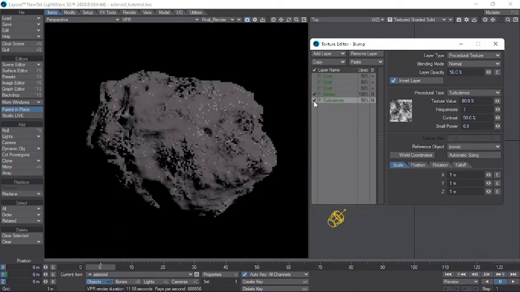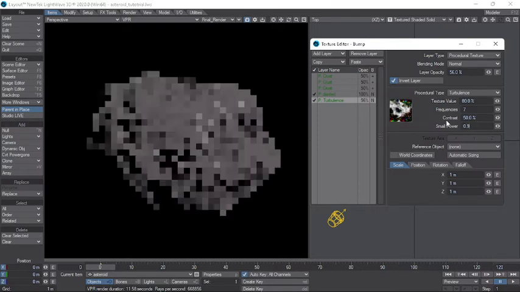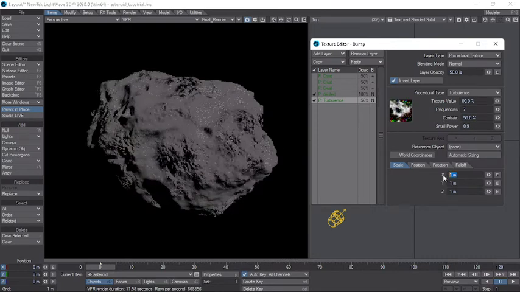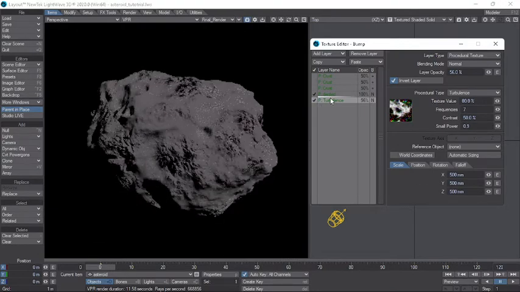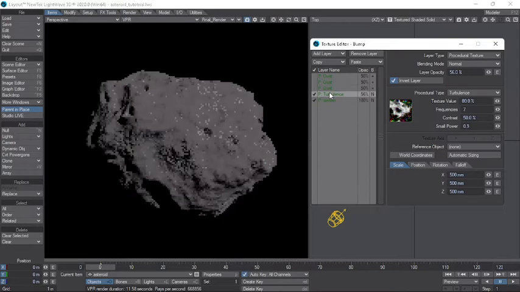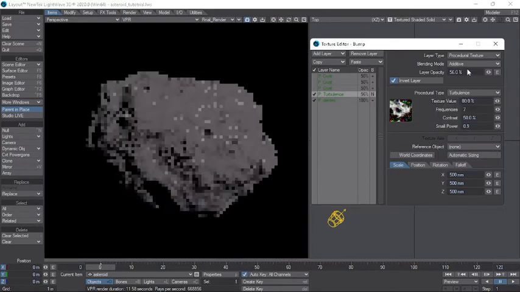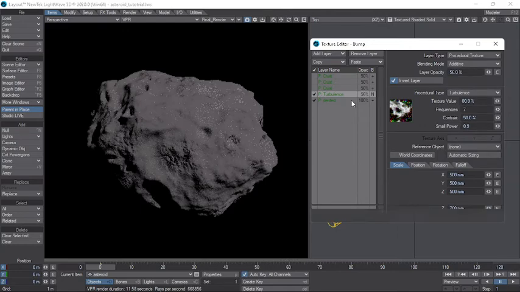Some more noise. Uniform, everything. 0.9 of noise. Noise is too small. 0.5 meters scale. On top of it,